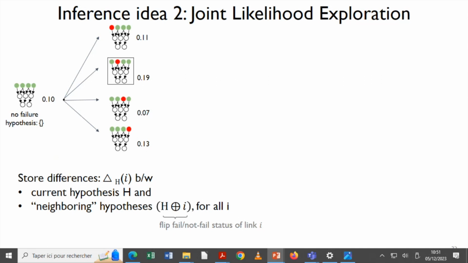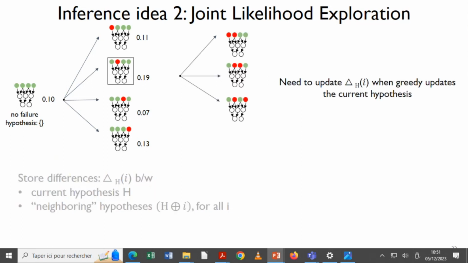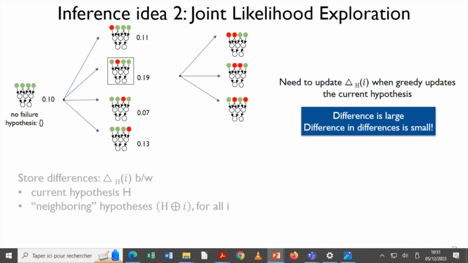But when the greedy algorithm updates the current hypothesis, it moves to a new hypothesis. We need to update this difference array with respect to the current hypothesis, which we updated. And the idea is that if we take the difference between the likelihoods of the hypothesis in successive iterations, the difference is large.